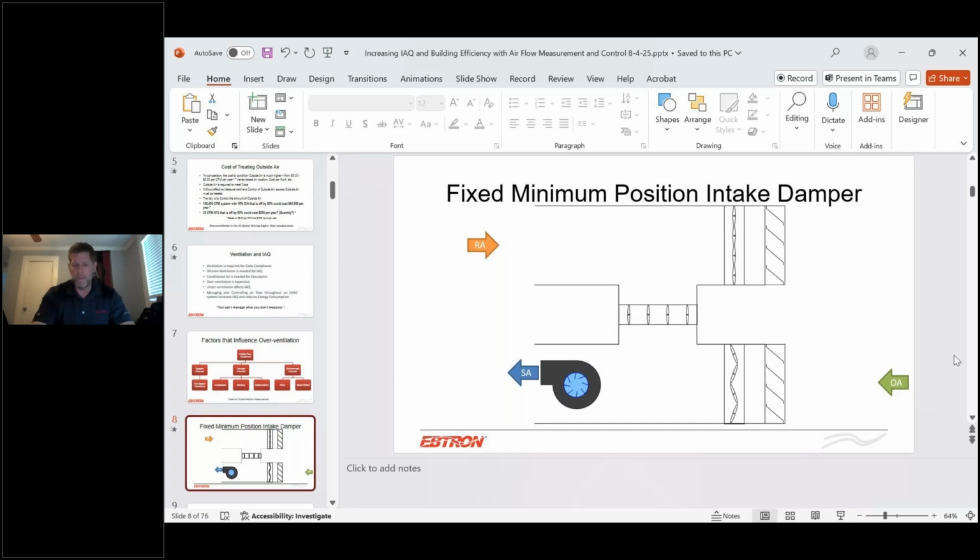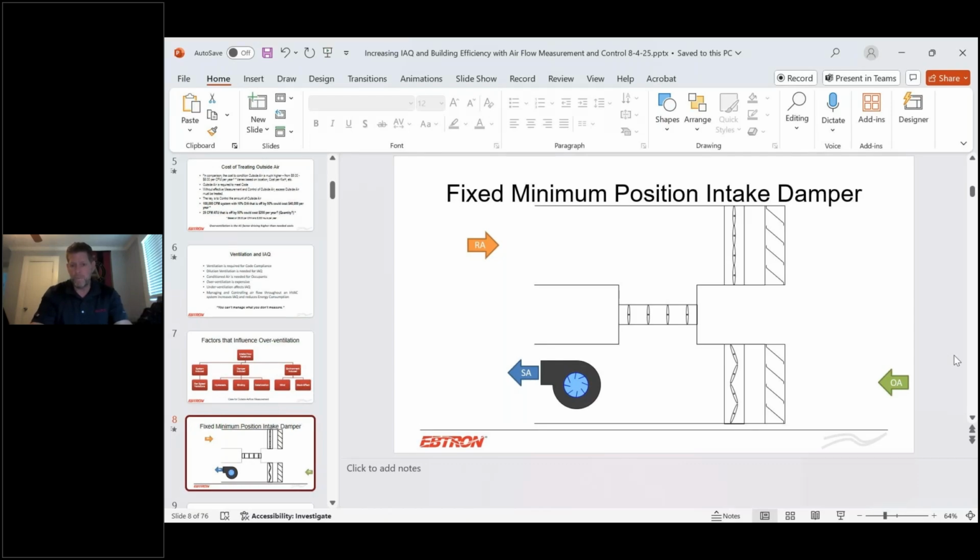And that's all great when the air handler is running at 100%. What I can't show with the slide right now, because I'm showing it in slides and not as the presentation, is that if I clicked on this slide again, it shows the fan in high speed and then it shows the fan slowing down. So what happens is if you go into a night setback mode or you want to go into just a lower flow from your air handling unit,